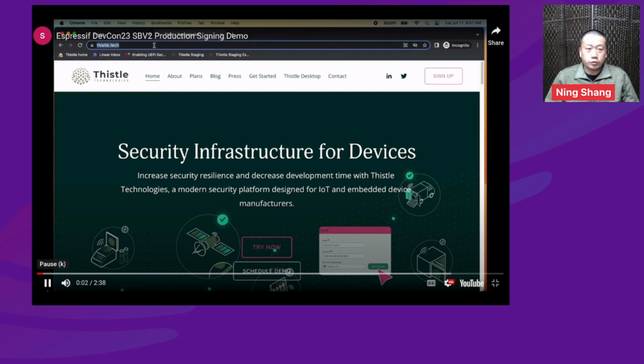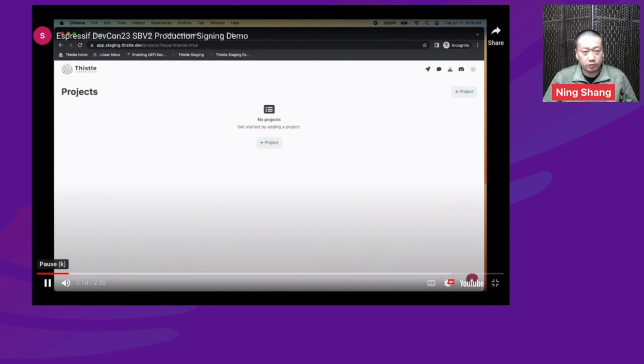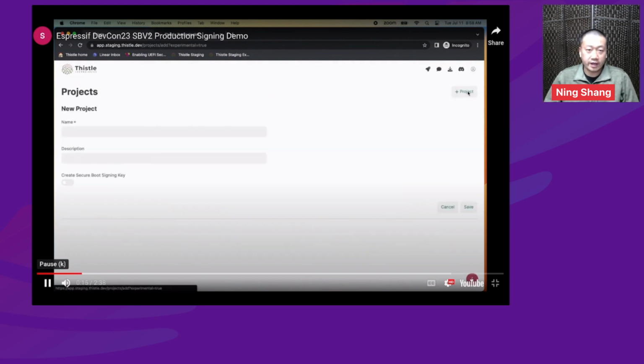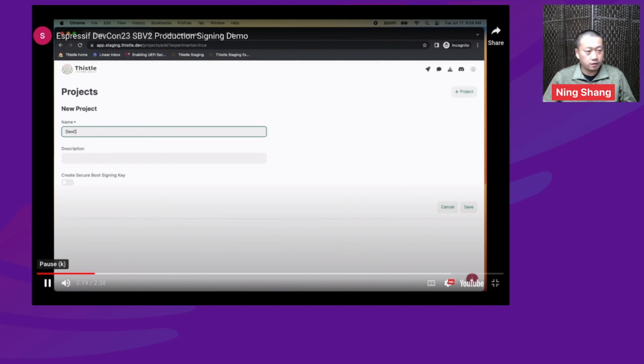Now I'm going to show you a demo of doing production signing using the Thistle system. In order for you to use the system, you just need to go to the Thistle website, sign up to get an account, then log in. Once you are logged in, you can create a project in which the firmware bundle will be uploaded.